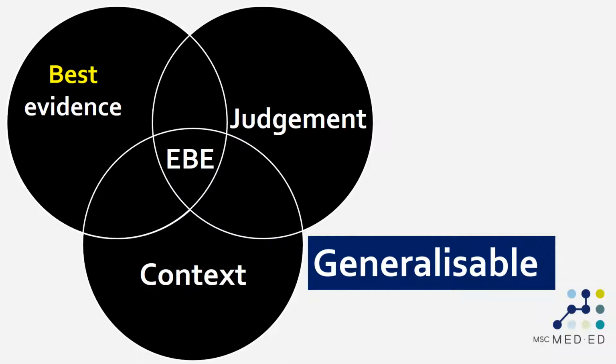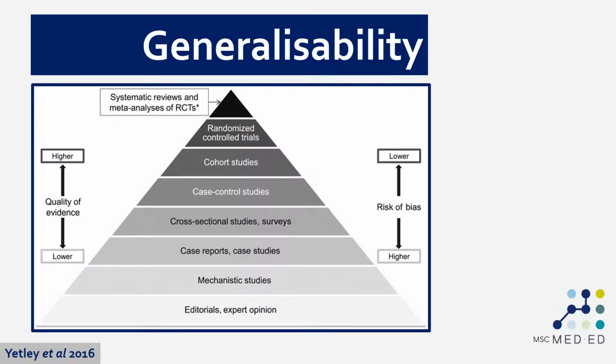Generalizability comes from a number of markers of research quality, and you can often find types of research evidence that inform models of evidence-based practice being mapped onto what we call hierarchies of evidence. At the top of these hierarchies, you'll see things like systematic reviews of randomized controlled trials and meta-analyses. And the further down the hierarchy you go, the more subjective the evidence becomes, and therefore the more likely it is to be subject to bias.